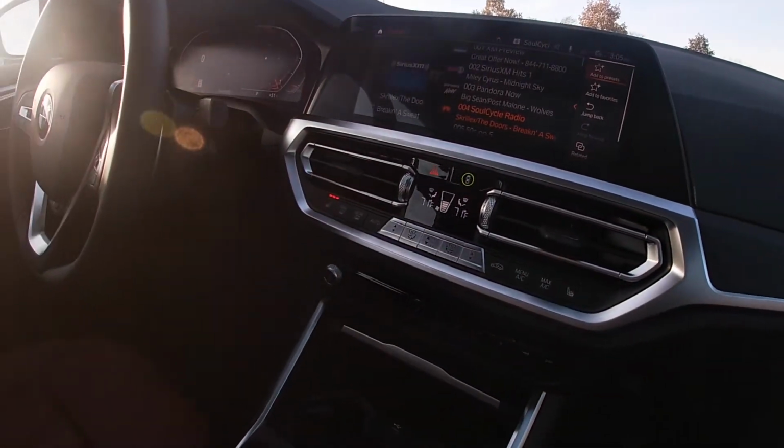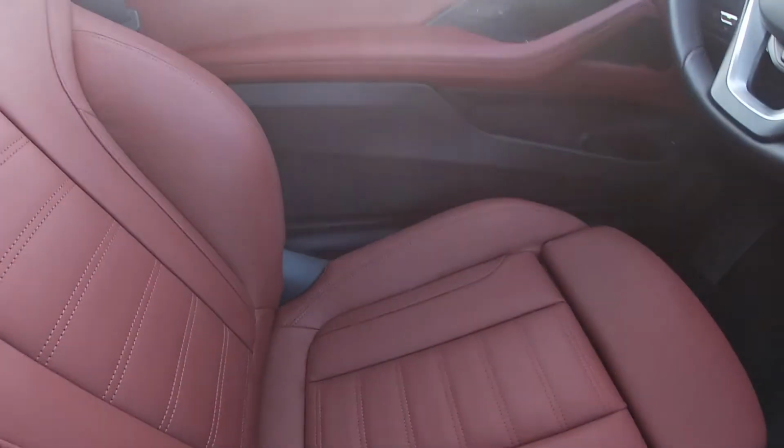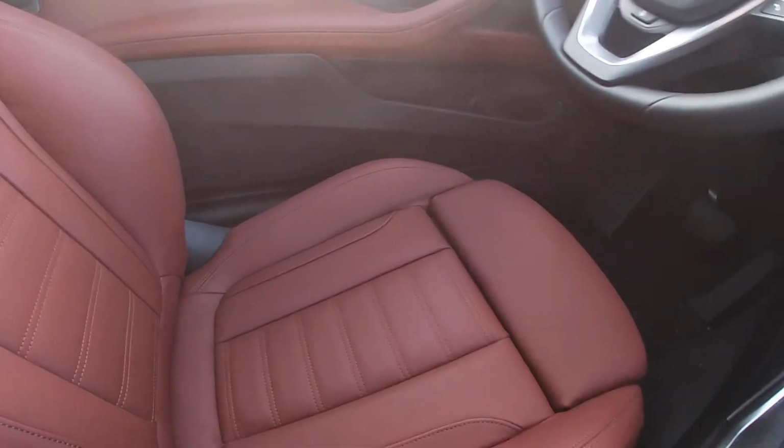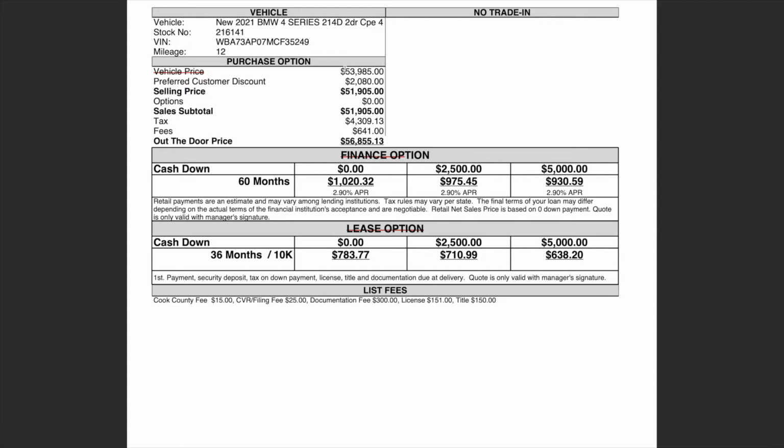So let's look at the lease payments for this car and see if it's worth buying it or leasing it. Breakdown with the original MSRP price at $53,985 and a discount of about $2,000. This is a market-based price, and the incentives might change month to month. Obviously the car just came out, so BMW is not as generous with the incentives they offer on this car